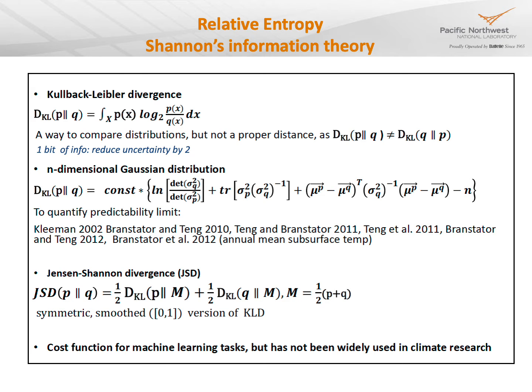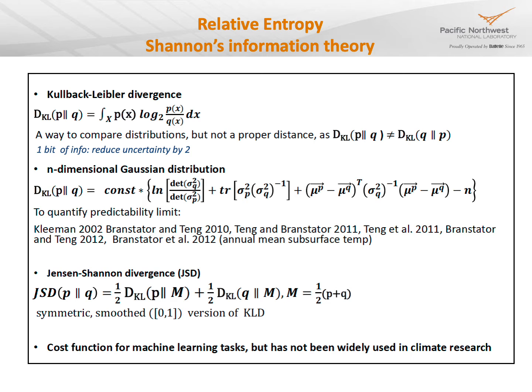To quantify predictability, I used relative entropy from information theory. It's often called KL divergence. It's a measure of how different one probability distribution P is from the reference distribution Q. It's widely used in machine learning as a cost function when training classifiers, but it is still relatively new to